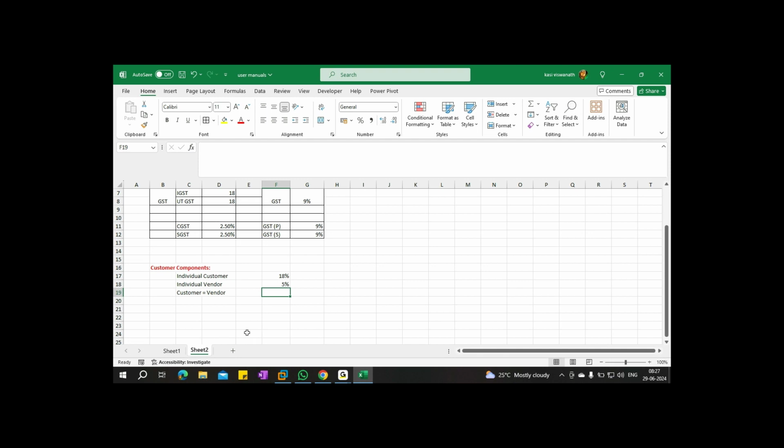So only customer, no worries; only vendor, no worries. If the same customer is a vendor, it's a question mark, right? Here, what are the two different servers? ECC server and HANA server. Guys, if I mention S4, that is the HANA server, okay? In ECC we use FD01 for customer creation and FK01 for vendor creation. I don't want to mention customer equal to vendor because the customer and vendor are already created separately.